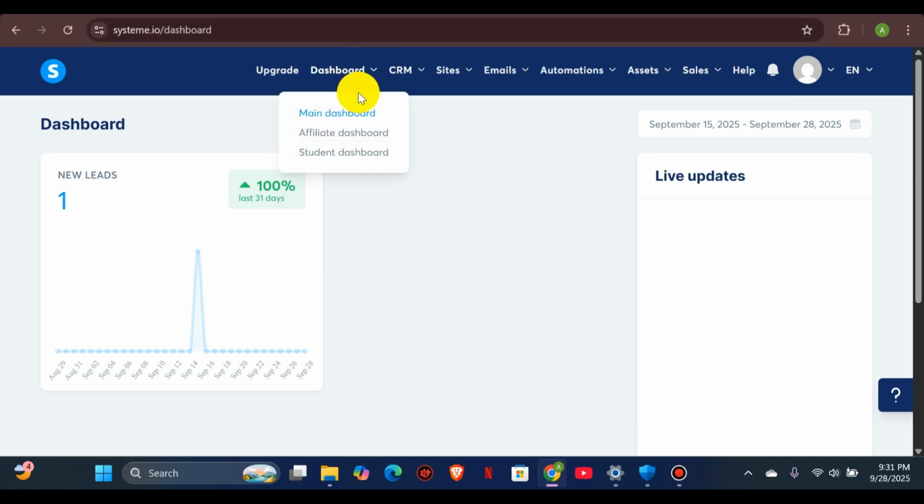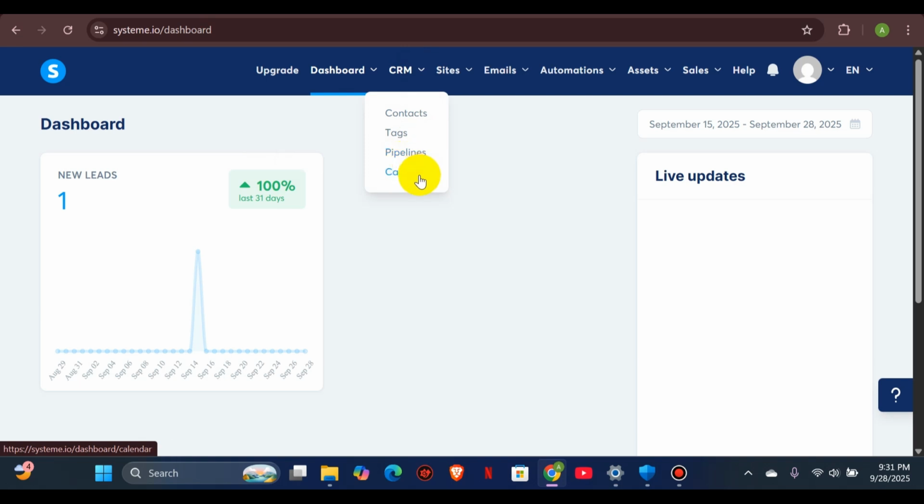You also have the dashboard here. It can help you take good control of your main dashboard, your affiliate dashboard, and also a student dashboard. This is so amazing, right? You have the CRM, which is the contacts, tags, pipelines, and the calendar.